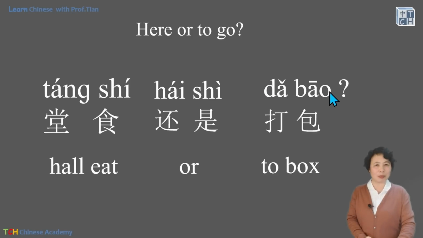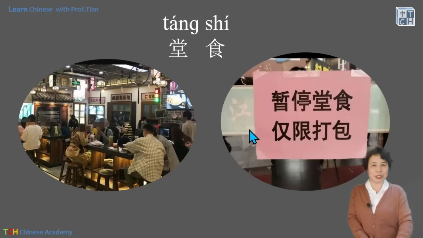堂食还是打包. One more time. 堂食还是打包. Faster. 堂食还是打包. Normal speed. 堂食还是打包. These are the pictures about 堂食. So this is the hall inside the restaurant, so people